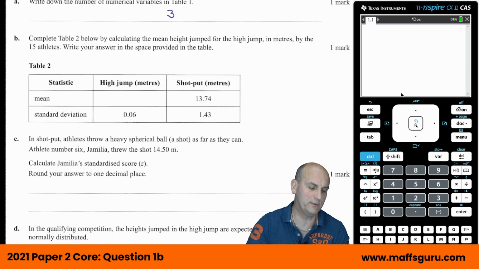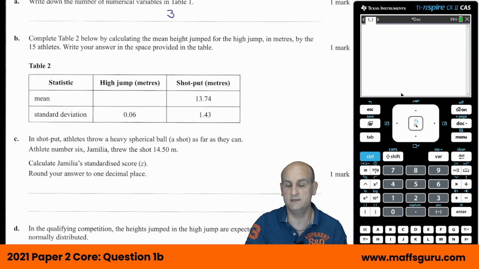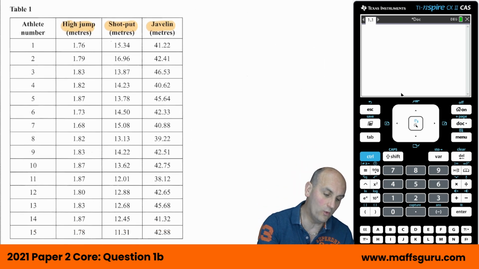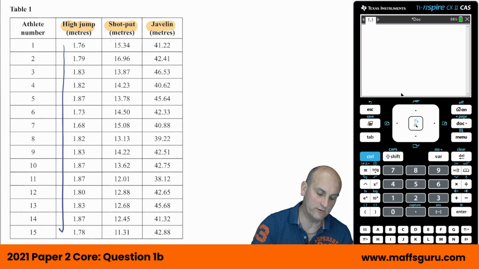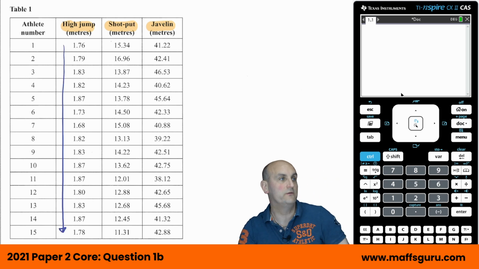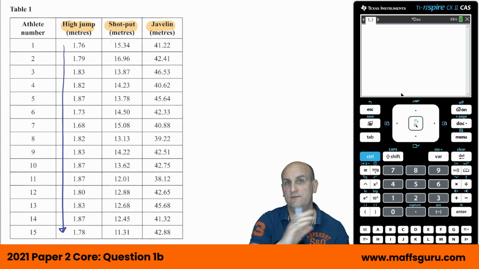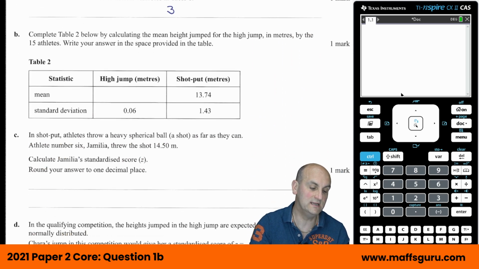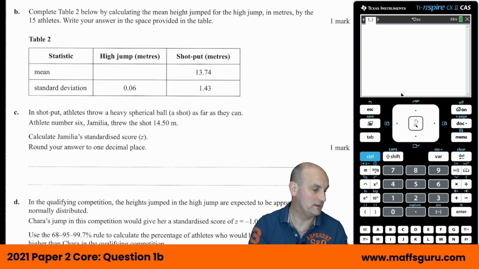Then it goes on and says, complete table 2 below by calculating the mean height jumped for the high jump in meters. Now, what did I do there? Well, I went to my high jump and I entered all of this data into my CAS calculator. And again, for brevity, I'm not going to do that. But then, having got that information into my calculator, I did menu, statistics, and I did an analysis, and it came out with the information that I actually needed for this question here, which gave me a mean of